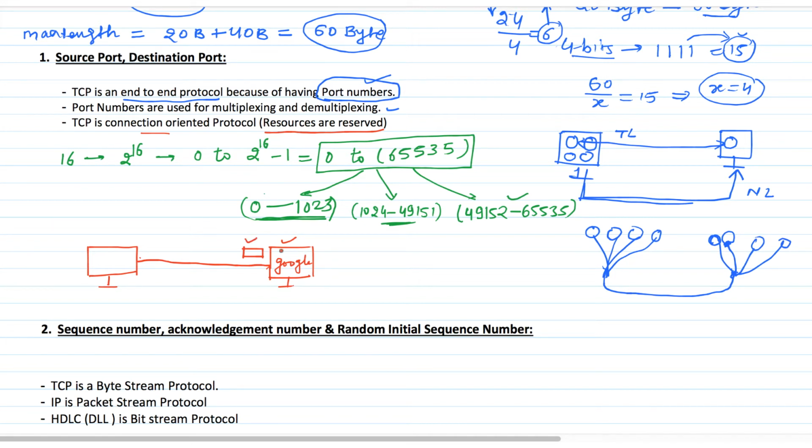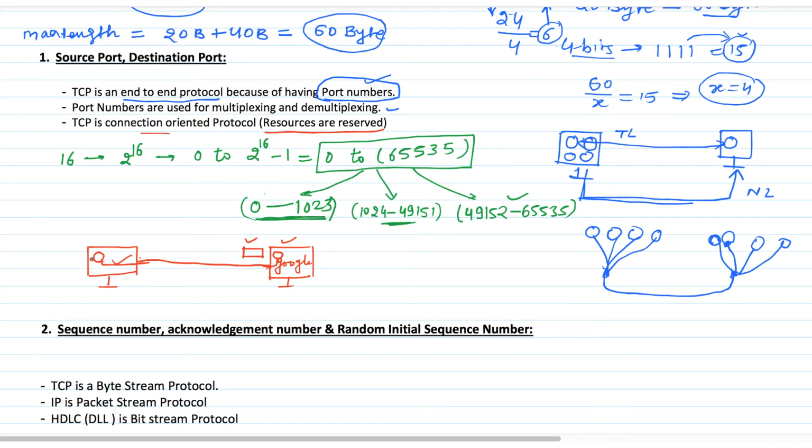in this buffer. So if this system is interacting with multiple systems, then obviously it is going to assign some unique identification number in order to identify this connection for this host. So suppose there is a process running in this host that wants to communicate with some process running in this Google. So in order to provide this process to process communication, this system is going to reserve some buffer or resources, and these resources will be assigned a unique identity number, that is source port and destination port number.